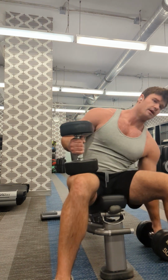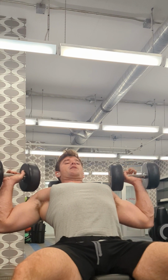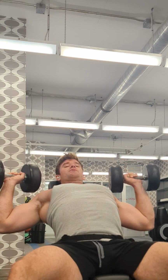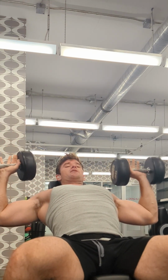So, how do we prevent maximum load being put right on that ball joint? The way I do this is when I'm going shoulder press, instead of having my hands turned out all the way, like I feel that in my shoulder, you know this, feel it right in my shoulder. Instead of having my hands turned out like this,